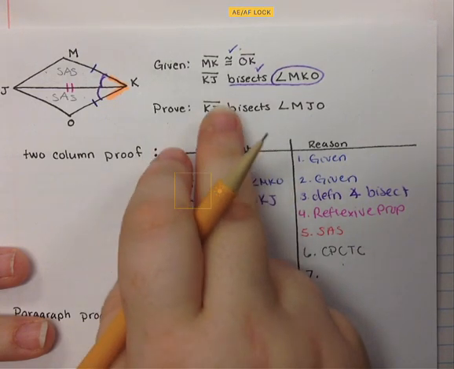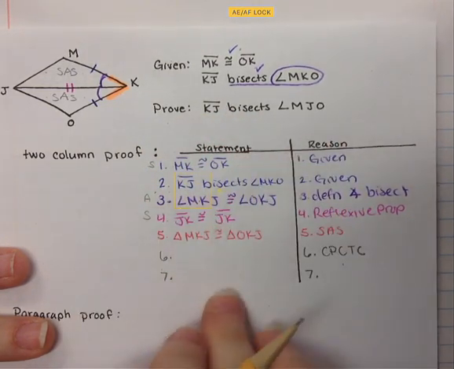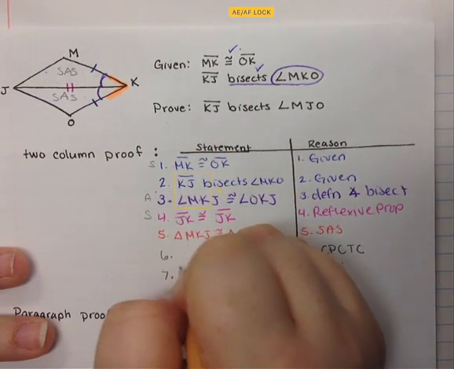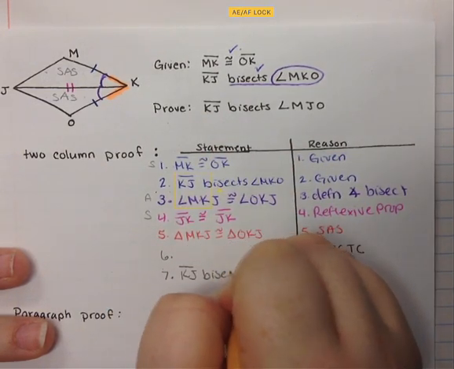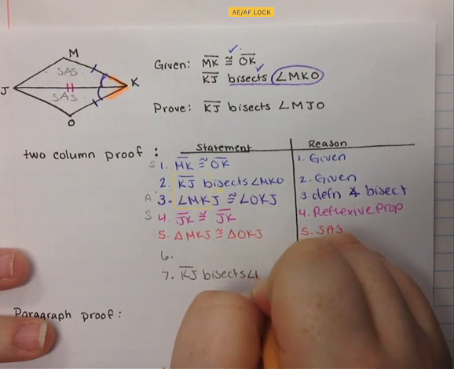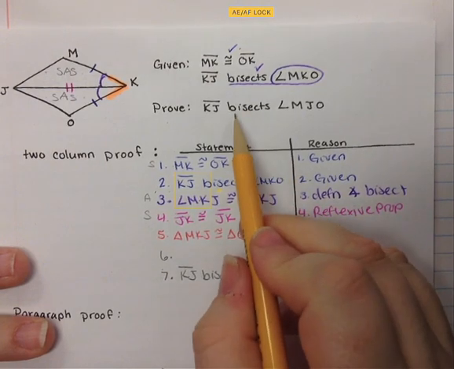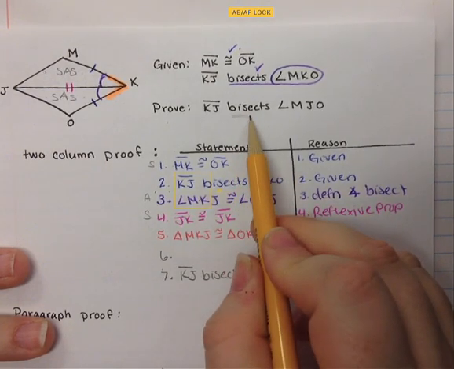Statement 7 will be the exact same thing that our proof says, because that will always be our last statement. So we can go ahead and put segment KJ bisects angle MJO. And the reason for 7, because it says a word, because it says that word,